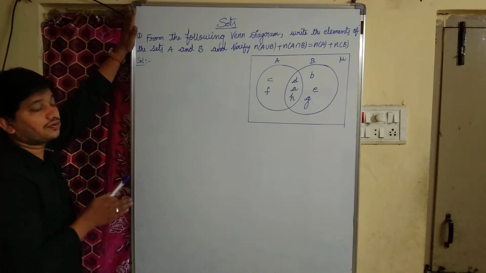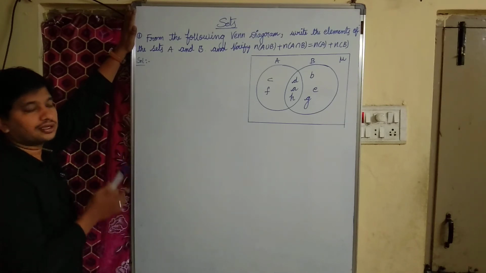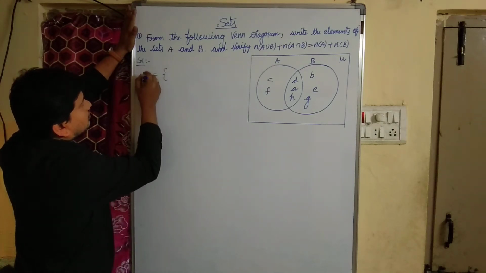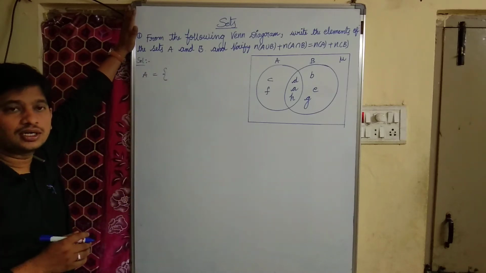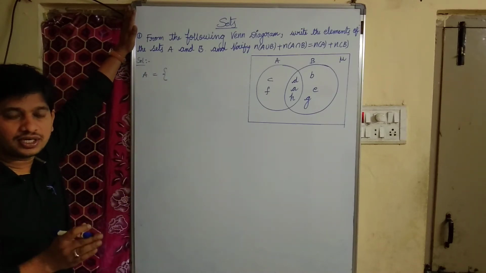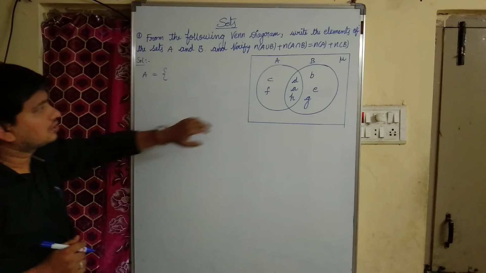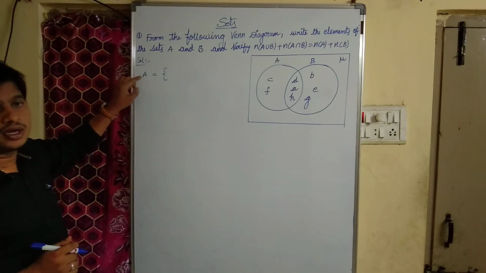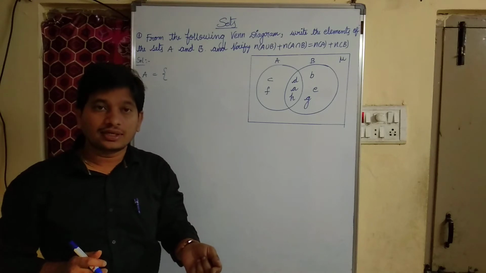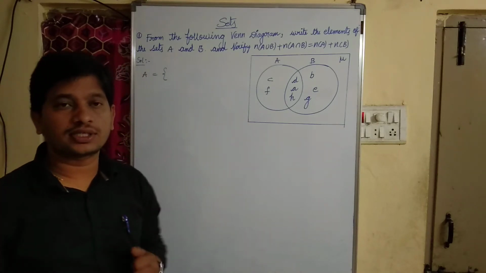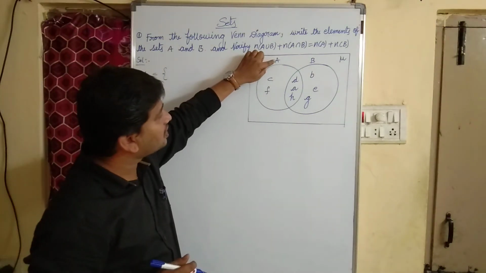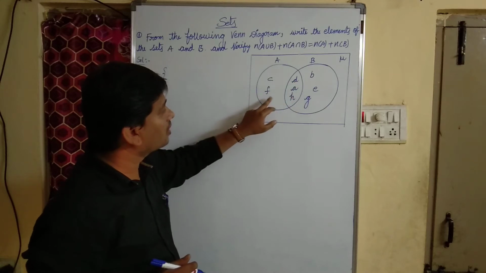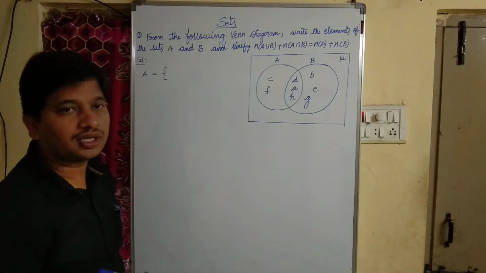We need to write first of all the elements of set A. Can you write down what are the elements of set A? In general, sets are usually represented by capital letters. So set A is represented by capital A, and elements in the set are written by small letters. Set A consists of elements a, c, d, f and h. What are the elements in set A?